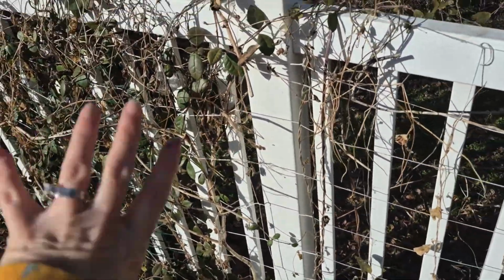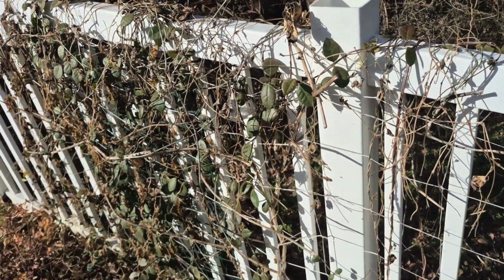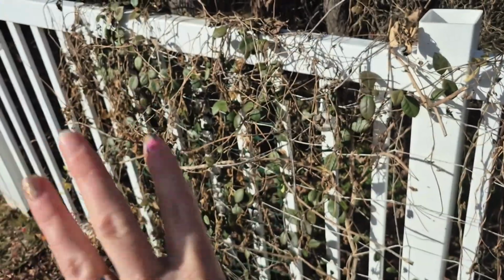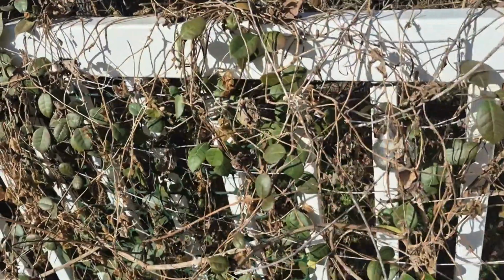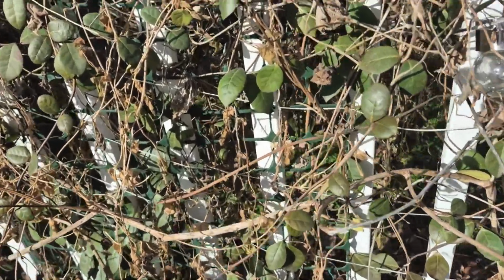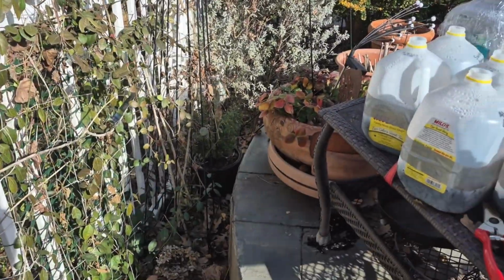And then you're still seeing some of the dead remnants of the purple hyacinth bean and black-eyed Susan vine. I didn't completely make it die back right there because the Confederate Star Jasmine was doing so well, and it's so green right now that I thought, well, I'm gonna add that extra layer of protection. I'll keep it there and then I'll take that out earlier. But yeah, that jasmine vine's doing better than it normally does for these types of temperatures. And then